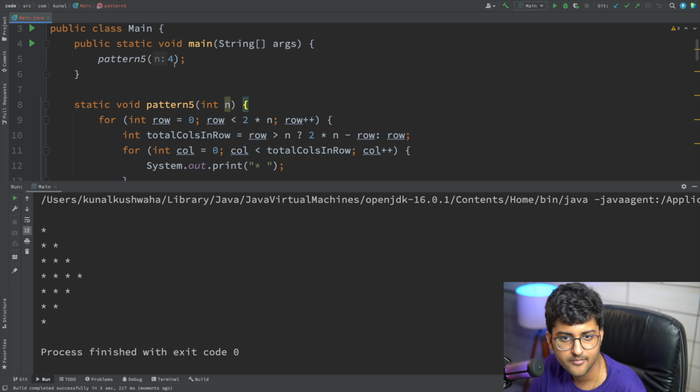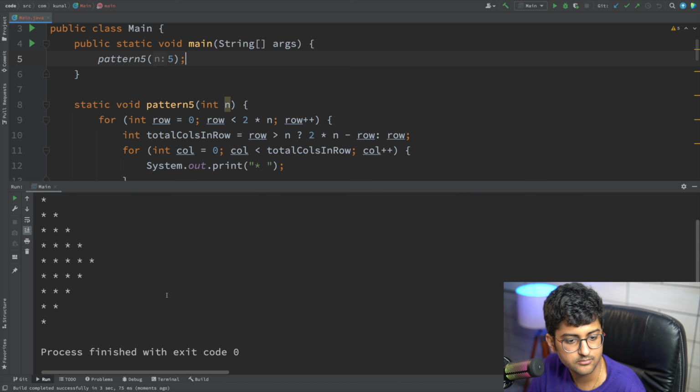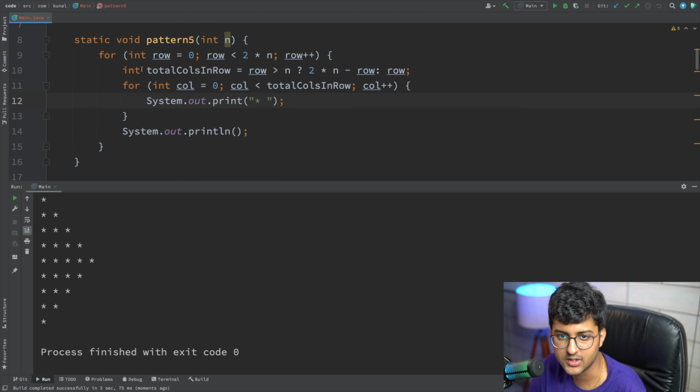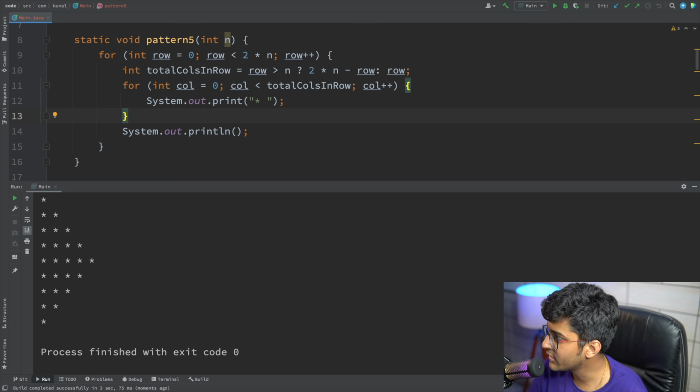Very simple. You can try it for n is equal to 5 if you want. Works well. Pretty cool stuff, right? As you can see, very simple. It's the only formula we are following: find the number of rows, find the relationship between row and column in each column, print that many amount of times, and print what you want to print. Let's look into another question.